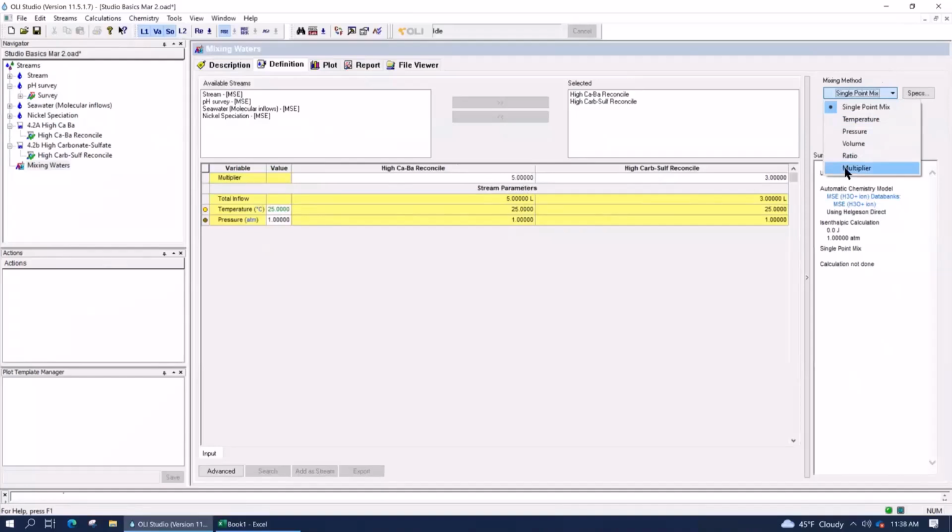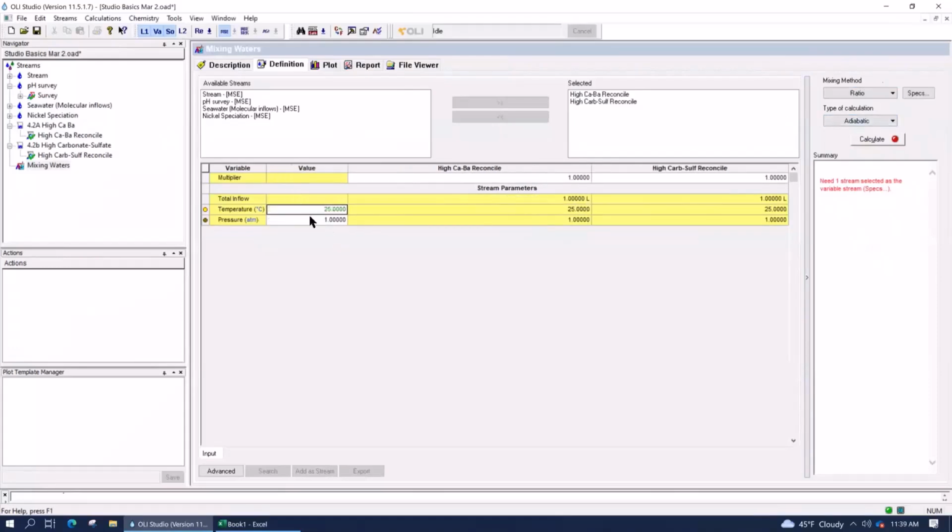Now in this case, what we're going to do is we're going to use the ratio. First of all, we're going to set both back to 1. Not that it matters, but let's just set both back to 1, just till we get back to our default settings. Right now, our calculation is adiabatic. So in fact, you can see that the temperature value is green, meaning that that's just an initial guess. But the button is red because I have to tell the software what is going to be my independent variable. What am I adjusting relative to the other?